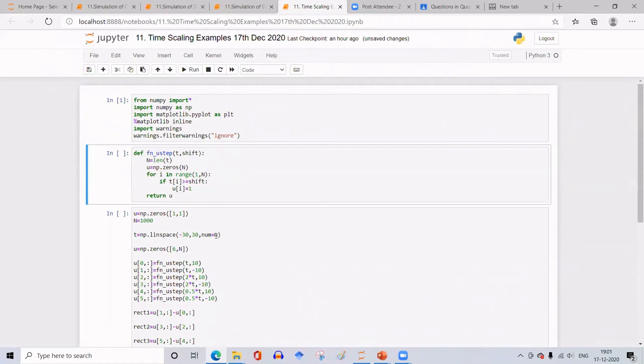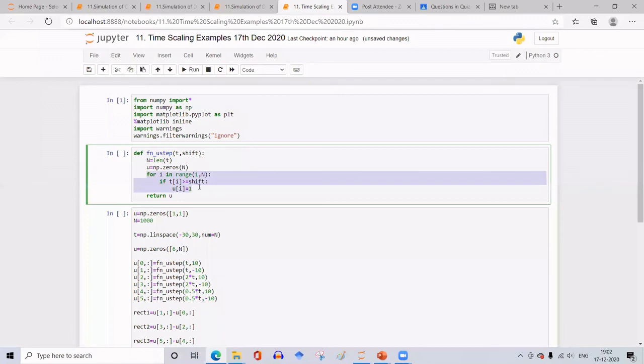Instead of giving the n directly here, I have given it with a variable name num is equal to n. But that n I have specified before defining what is t. So it takes num is equal to 1000. I need not give this num, but anyway, if I use num here, then I must give that. Next, initialize an array u with zeros, with capital N number of points.